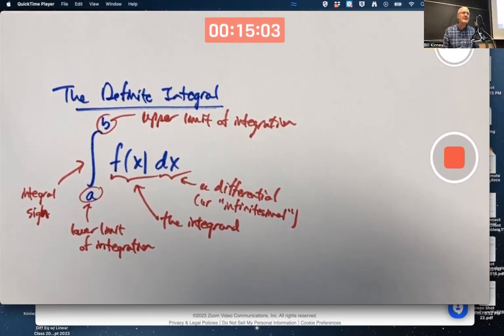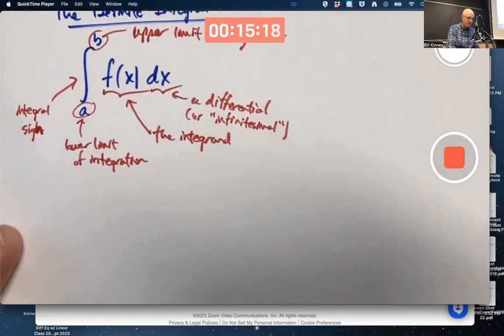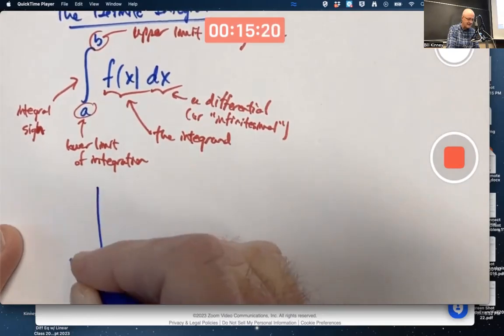What does it represent? Well, if the graph of f is always above the horizontal axis, it represents the area under the curve over that interval from A to B. More generally, if the graph goes both above and below the axis,